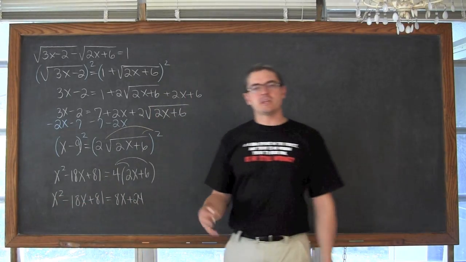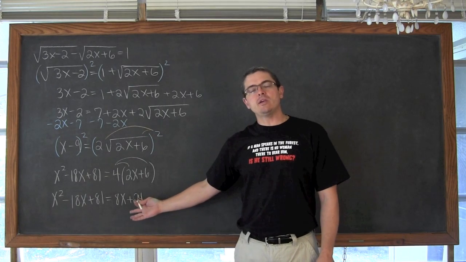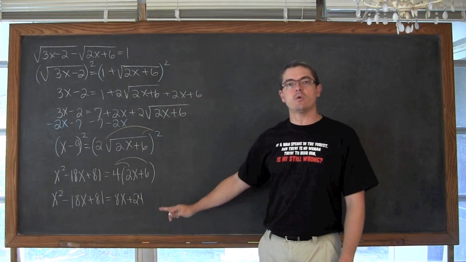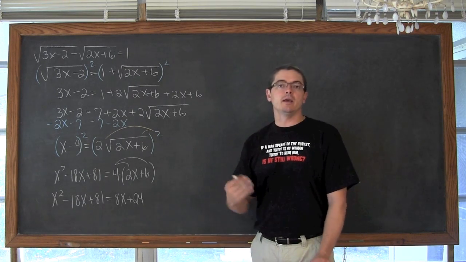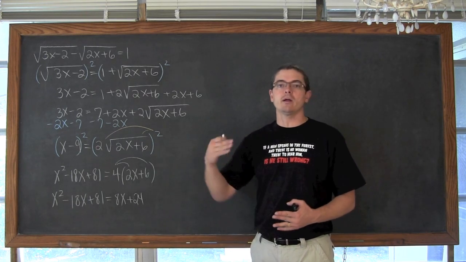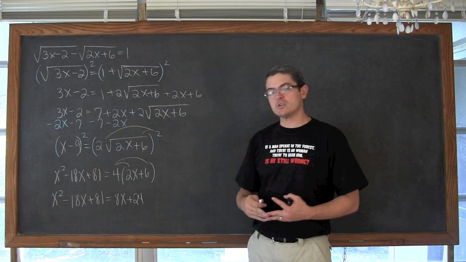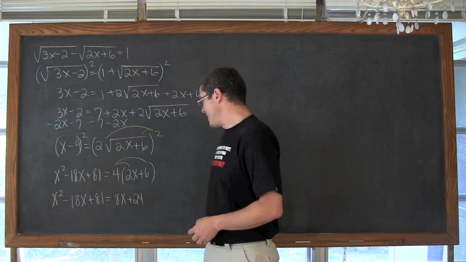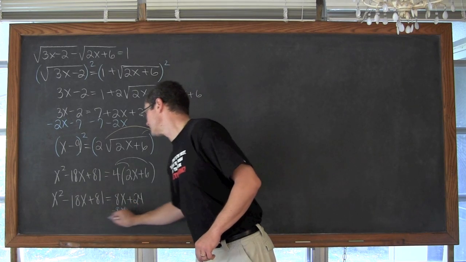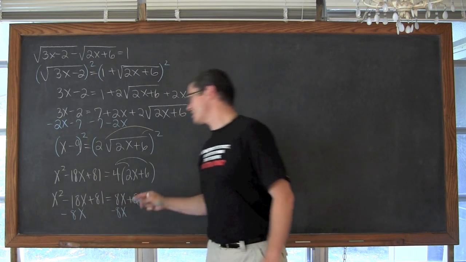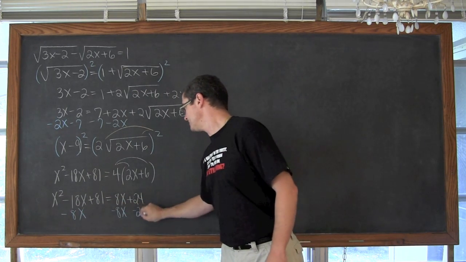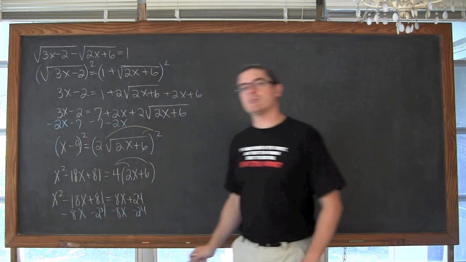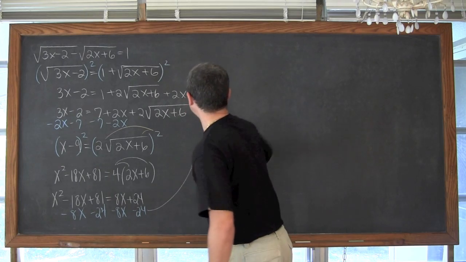We need to get this set equal. Now, I'm not going to get this equation set equal to x because I have a power of 2 and a single degree. So we're going to have to get this equation set equal to 0 and then factor or use completing the square, or in this case I think what I'm going to do is the quadratic formula to find my solutions. So we're going to move the 8x over with subtraction. We're also going to move the 24 over with subtraction because they're both positive, and I need to do the opposite math operation if I'm going to get them over to the other side.